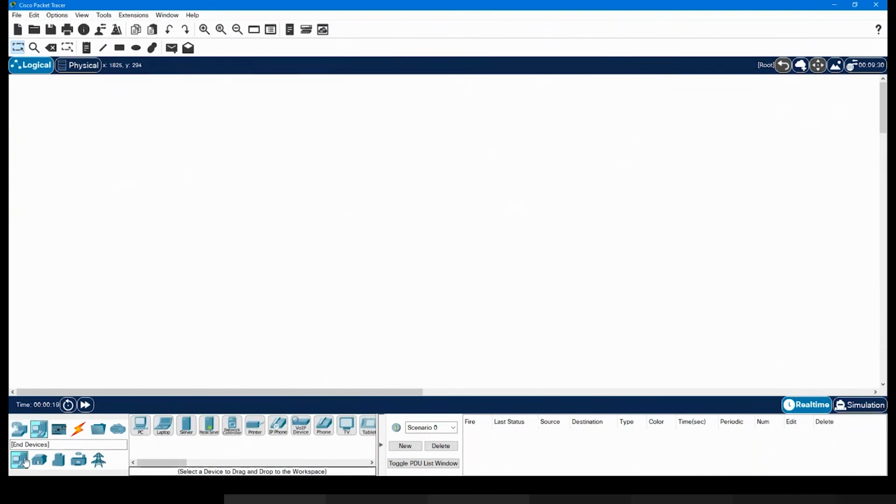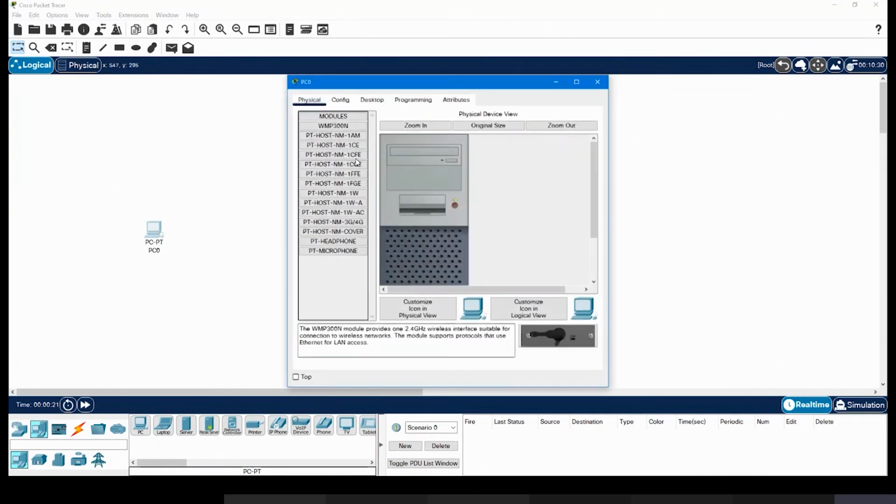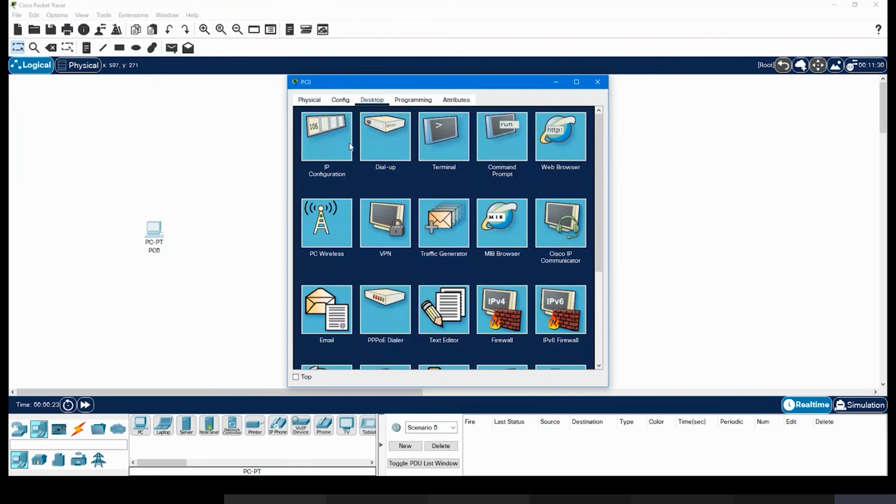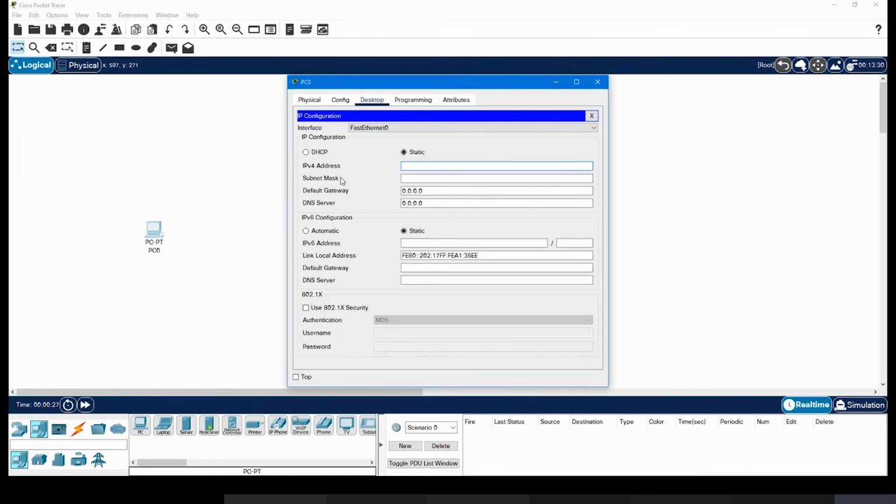When you take a PC and click on it, like we did in the last class, and go to IP configuration, you get an option to put the IP address. Let's say we took the IP address 192.168.10.1, and when you click enter, you see the default subnet mask is there.